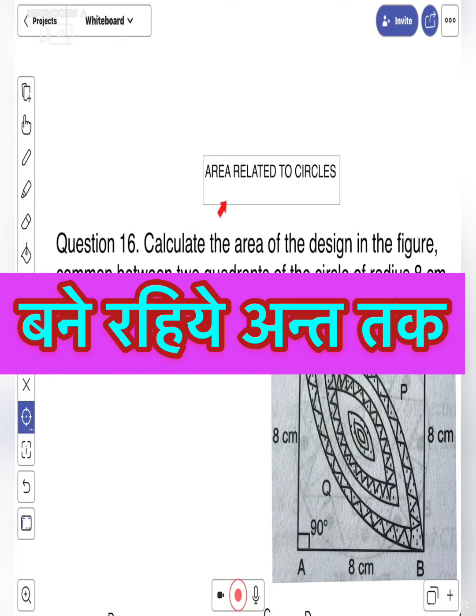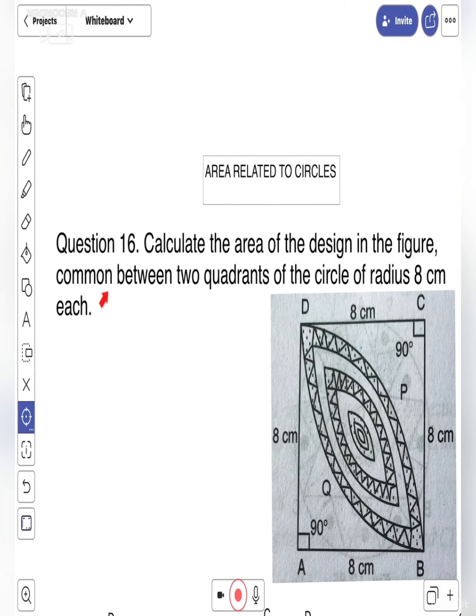Here is question number 16 of Area Related to Circles, and this is the most important question, so try to understand how you can solve it. Question number 16: calculate the area of the design in the figure common between two quadrants of the circle of radius 8 centimeter each. Okay, so the statement of the question is that two quadrants are given here. You can see the first quadrant is